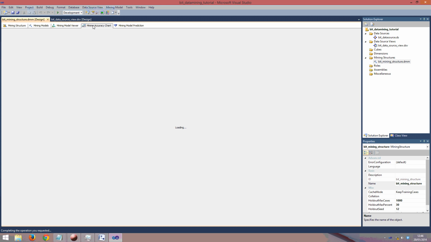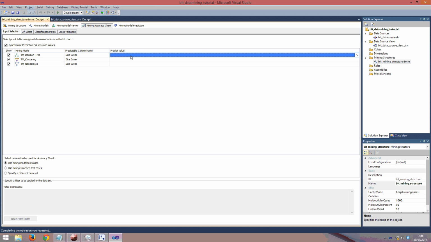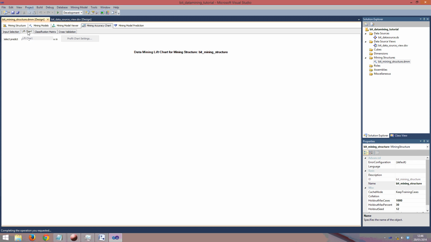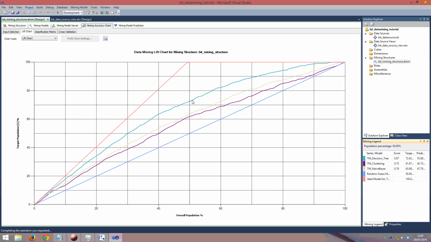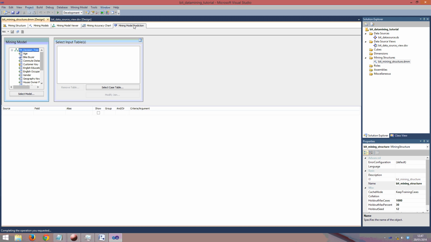From the mining accuracy, which we saw previously, we found out that decision tree was the best of the three, and we have decided to use this to predict the likelihood of people purchasing a bike. To do that, we click the mining model prediction, which is on top on the right